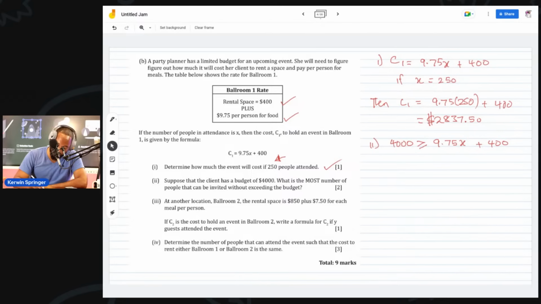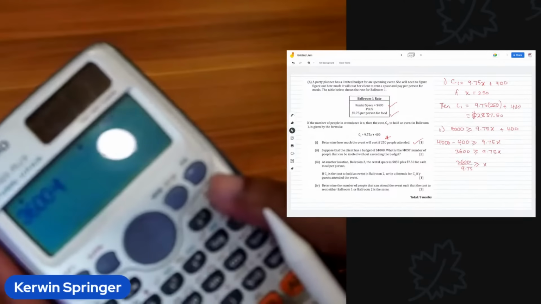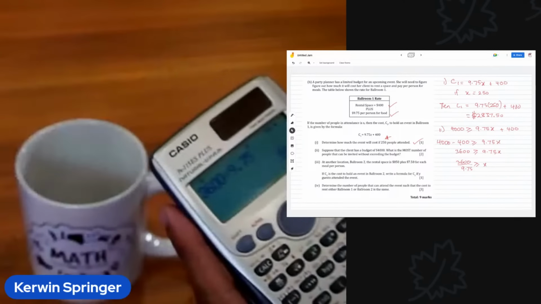So if I bring across the 400 on the left-hand side of the inequality, I would have 9.75x remaining by itself, and 4,000 minus 400 is 3,600. So I really just need to divide 3,600 by 9.75, right? To zero in on that x value. And if I do that, how much am I getting? 3600 divided by 9.75 equal to